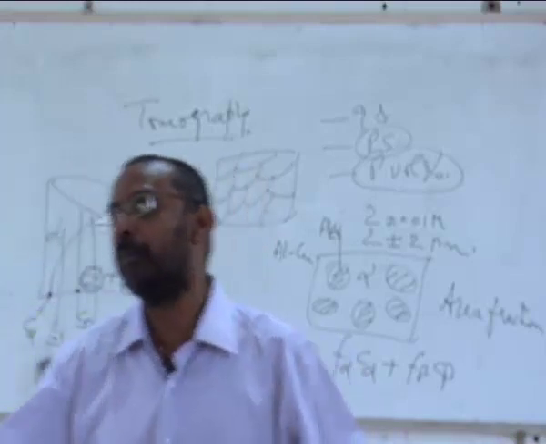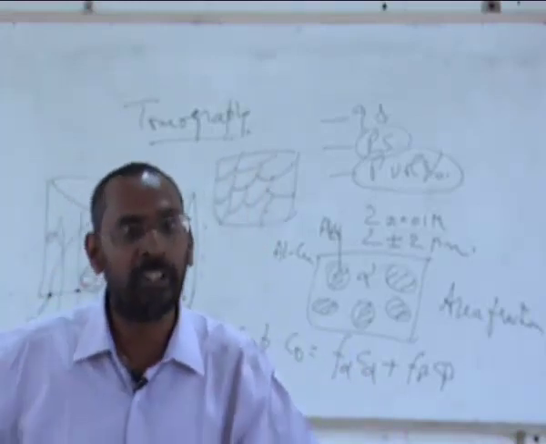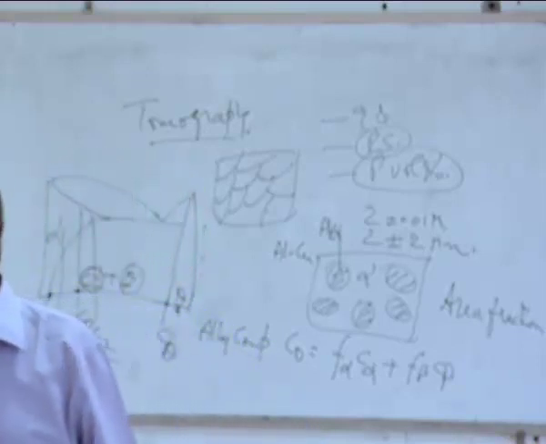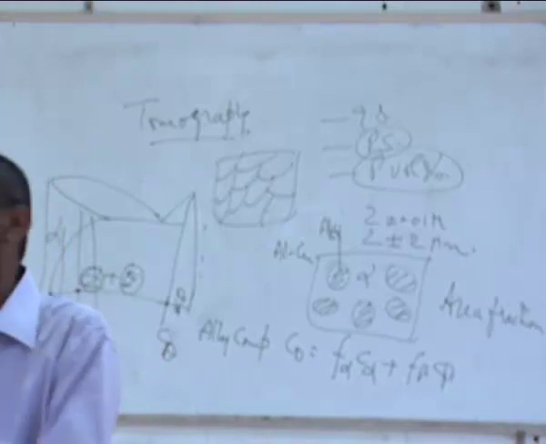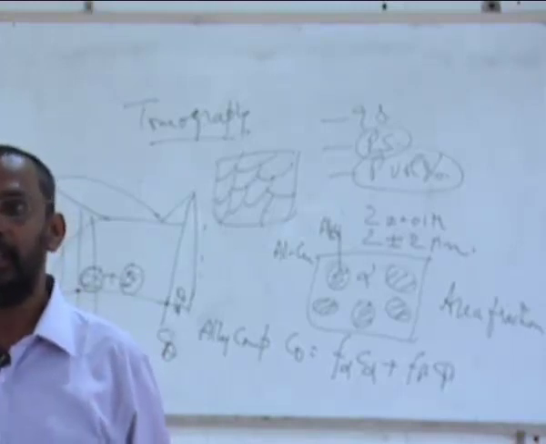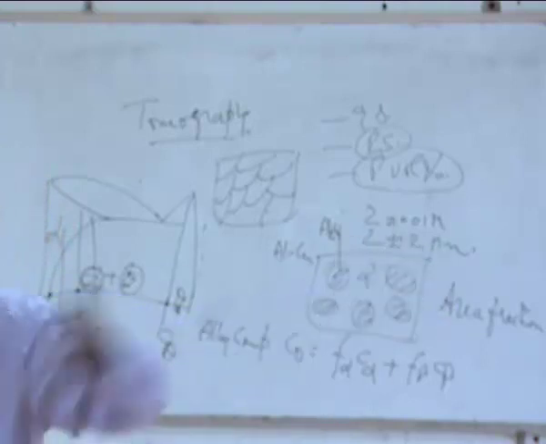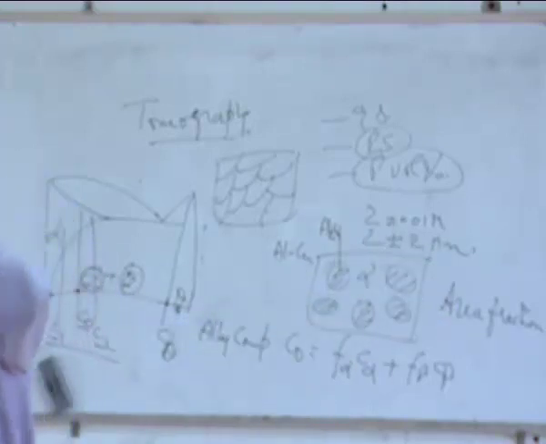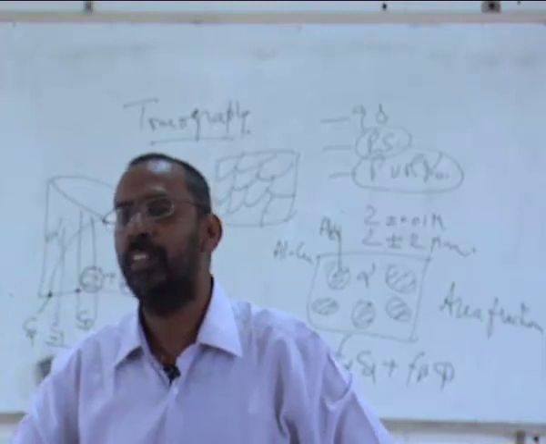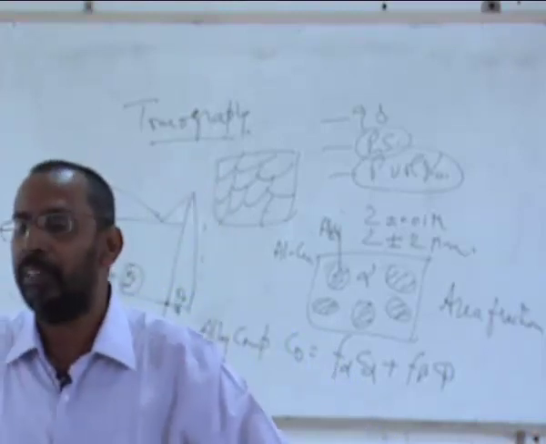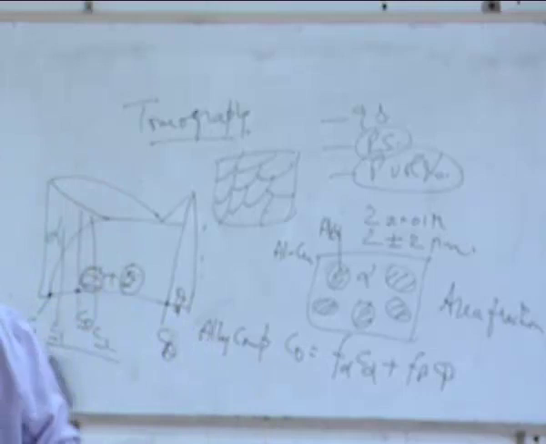A few microgram load. Okay, and when you use that kind of load, your indentation also will be very small. When the indentation is very small, the indentation will be only inside the particle. The indentation will not cover the particle and the matrix both. Then you will know only the hardness of the particle. Of course, there are still problems, maybe the particle gets pushed down, so there is a matrix supporting that. There are issues there, but one can get a rough idea of the hardness. So this is what we call the micro hardness test.